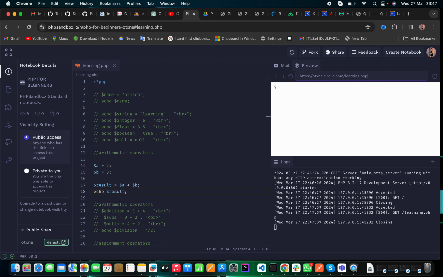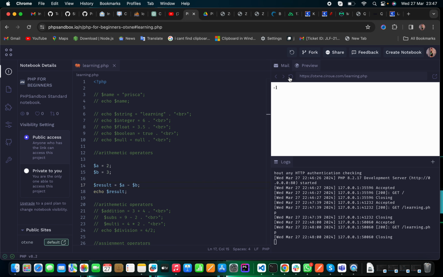So that is it. If you run it, we are getting 5. You can see it there. We are getting 5. That is the addition of a and b, which is 2 and 3. So now let's multiply. Multiplication is one of the arithmetic operators too. Let's subtract, 2 minus 3. I think that should be giving us minus 1. Okay, it works. So let's do multiplication. So 2 times 3 is 6,